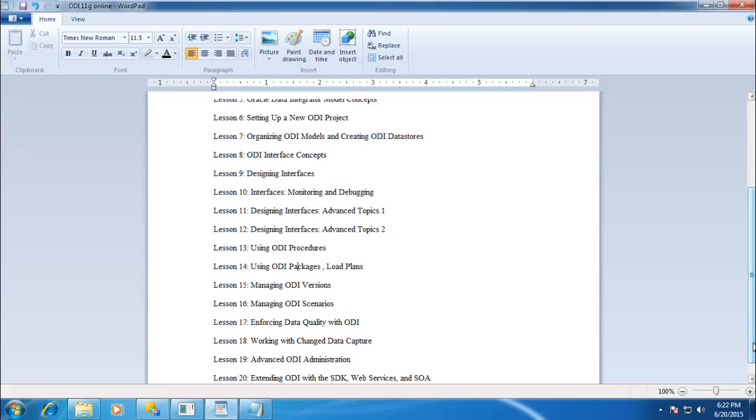And we'll discuss the scenarios. Scenarios are the compiled code. Like in the development environment, we define the interfaces, packages, and all those things. But in the production environment, rather than moving your interfaces, packages, and all that code, you move only the compiled code that we are going to generate with the help of the scenarios. Scenarios will be deployed to your production environment. Only scenarios will be available, and we can schedule those scenarios, how the execution has to take place.